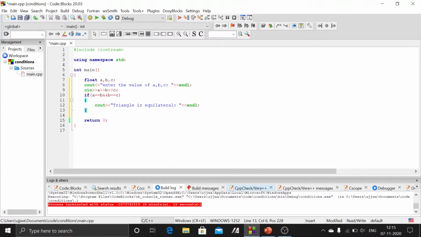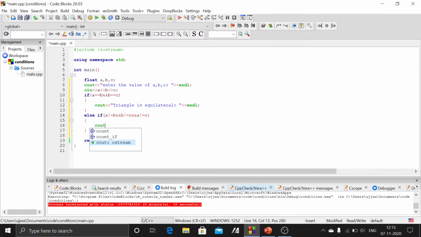And now else if, for scalene none of the sides must be equal, so a not equal to b and b not equal to c and a not equal to c.